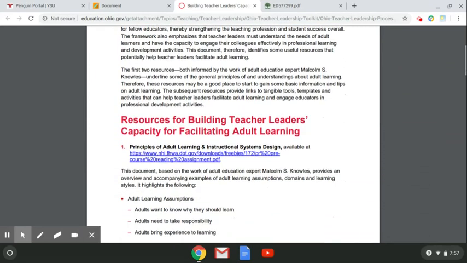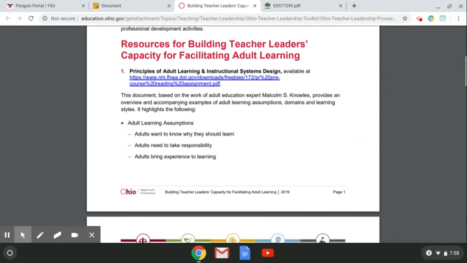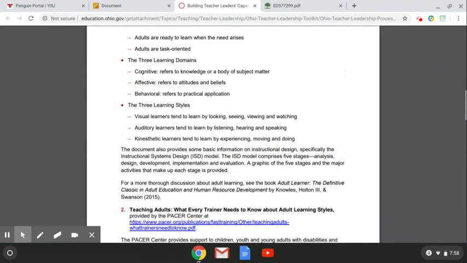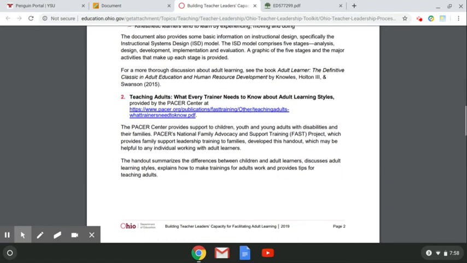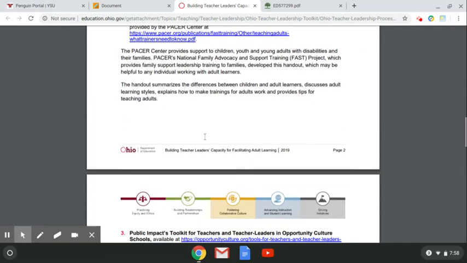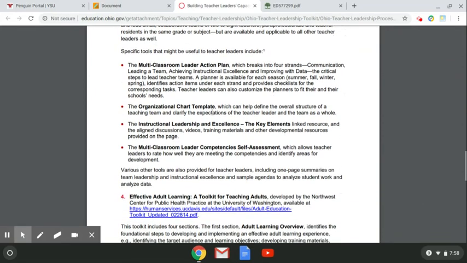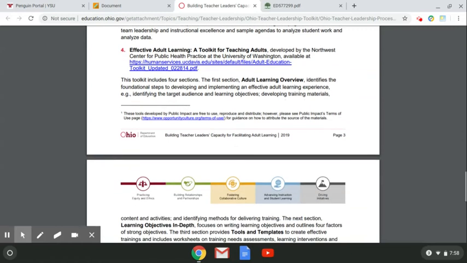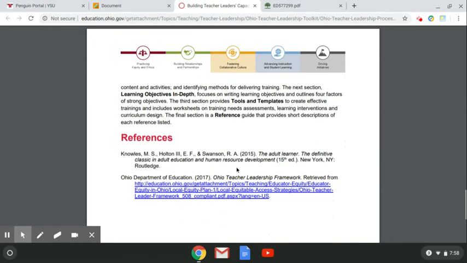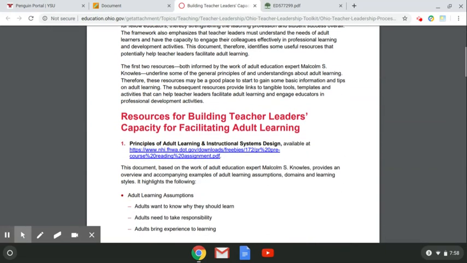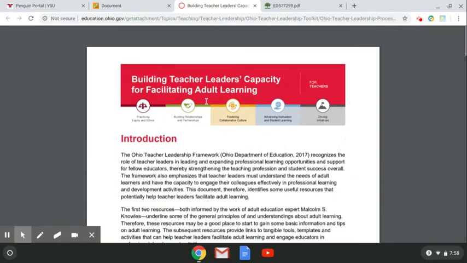So this document is going to give you a little bit of information just on adult learning. It also has some really great articles, some of which I'm using for this course, which is great. It also talks about some of the key things that we need to know in terms of teaching adults. If you scroll down here, there's also some other articles, some tools that might be here, and some overview of different pieces, some great references as well, the framework and some other things. So this is a short little article, but it just talks about some things in terms of teacher leadership and adult learning. But again, like a lot of the other ODE documents that I've used in this course, lots of great hyperlinks for you, so you can use those.